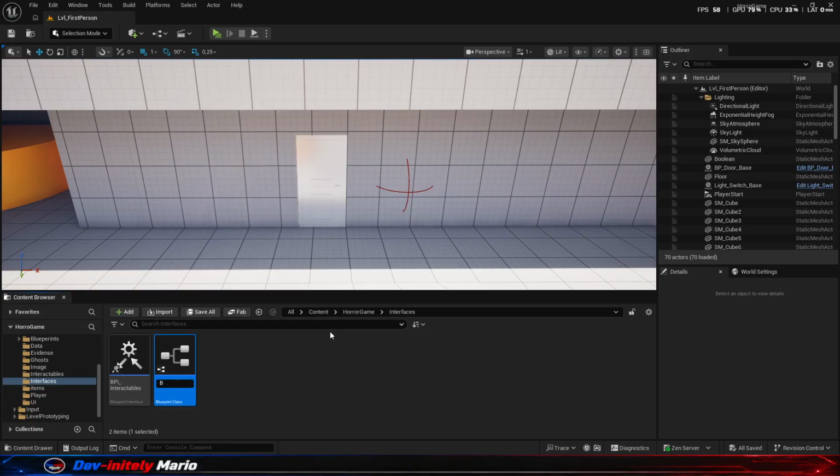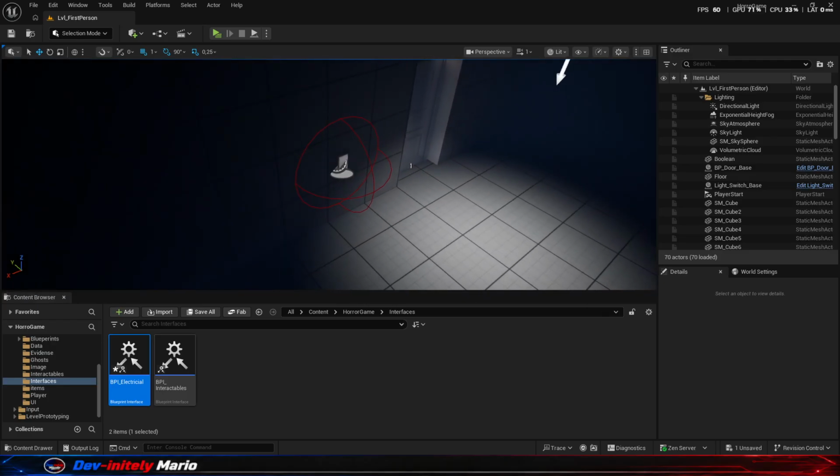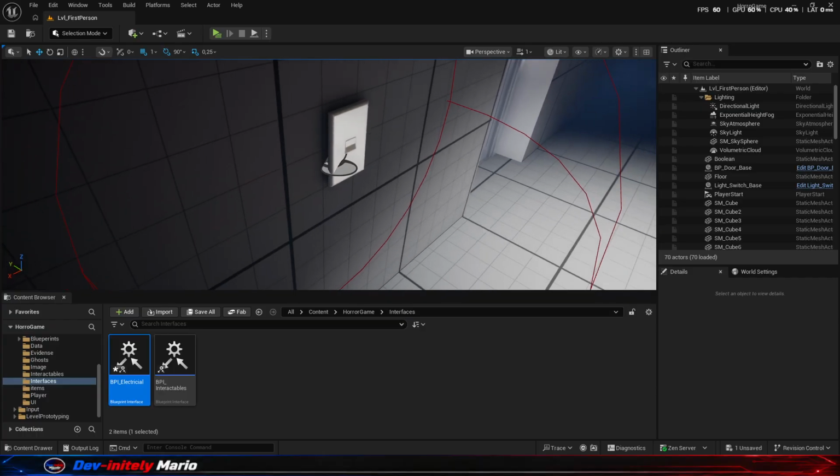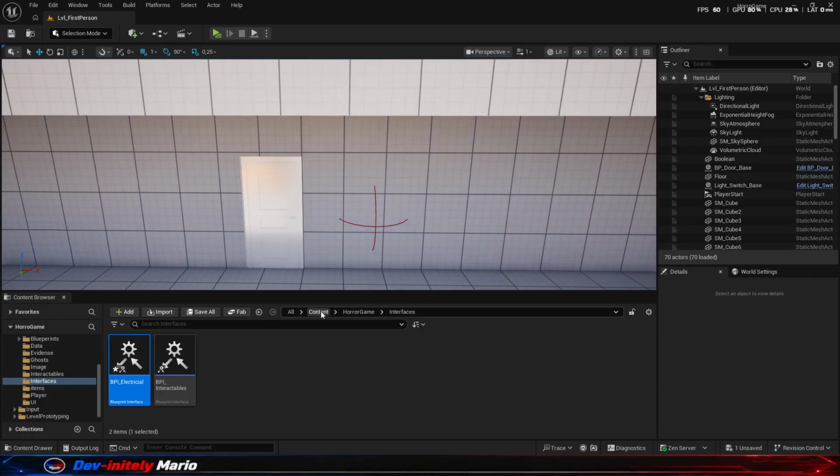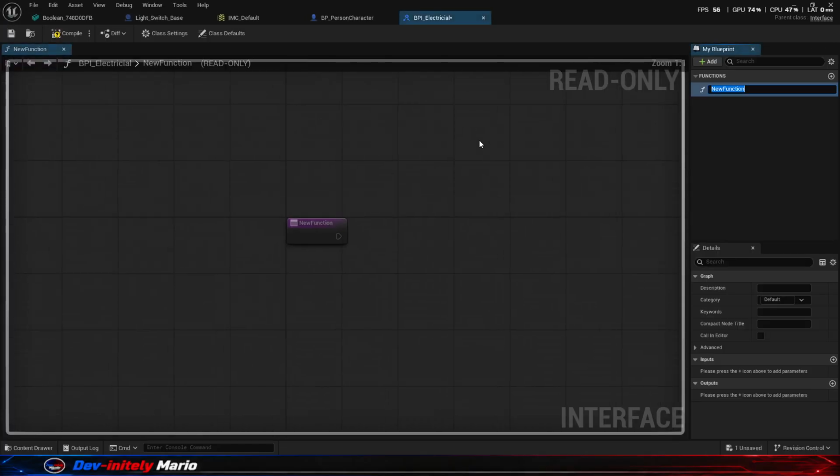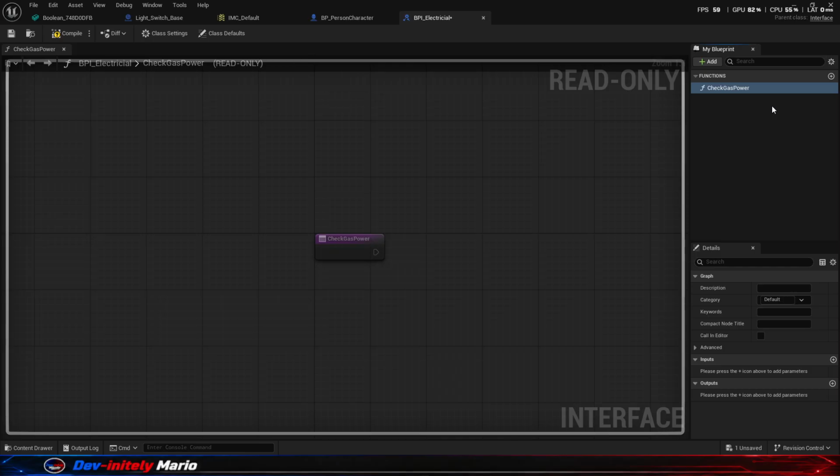Blueprint Interface BPI underscore electrical. We use this interface to check if interactables like our light switch have power or not. So let us define a method. We call that check has power and we want an output, and this will be has power and a boolean. We compile and save. We go to our light switch